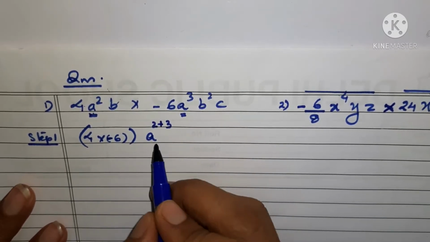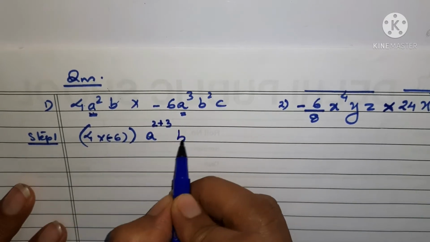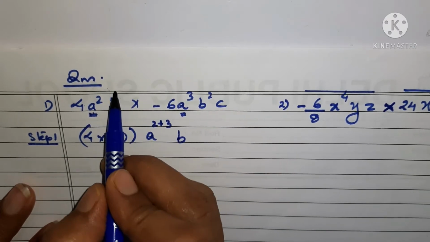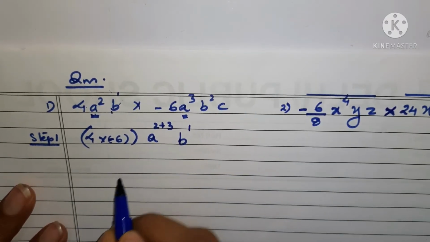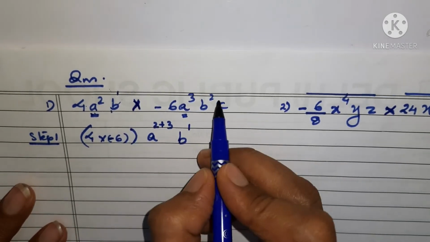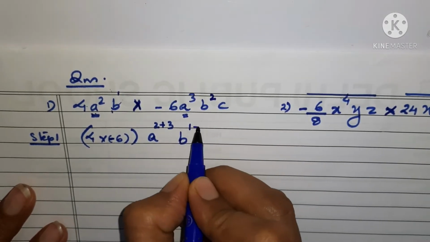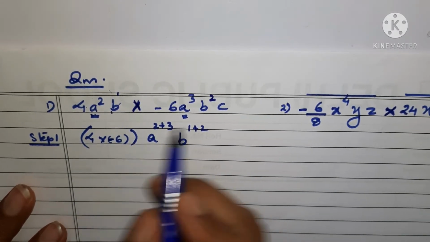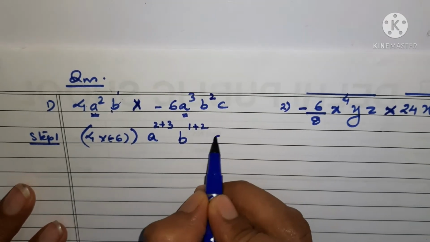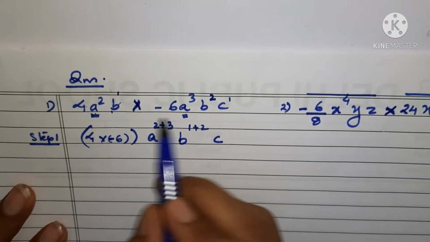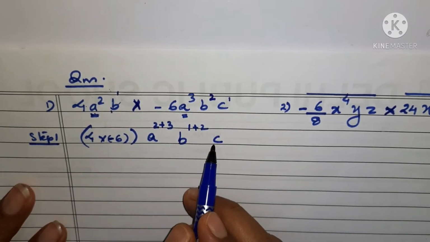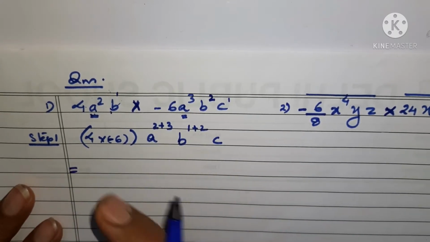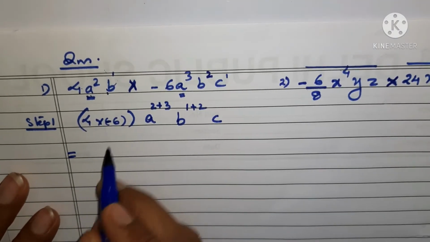Okay, then further what, next variable is what, b. So b also, you can see b is here in this term also and in this term also, and here the power of b is 1, so let us write 1, and since the product is there, that is why we are taking 2 from here and we are going to add it. ठीक है, and then last one is what, in this we are not having any of the c's, but here we have another variable as a c, and since there is no other variable along with c in the other term, that is why c is going to be kept as such. Okay, so let us see what the further result is going to come out.